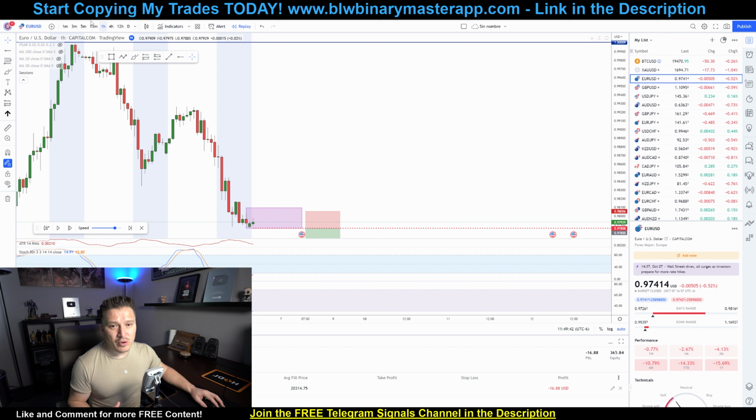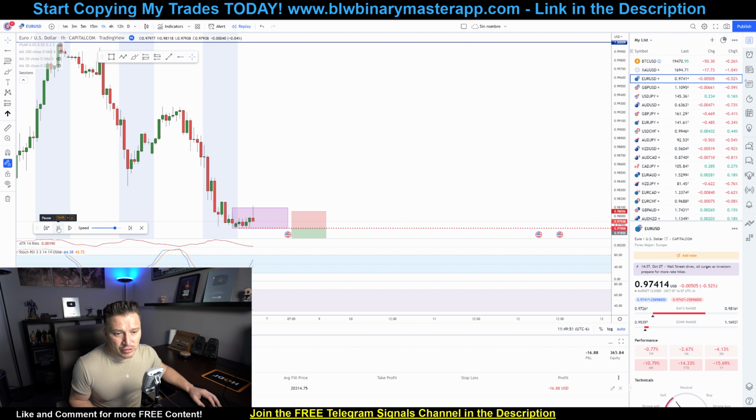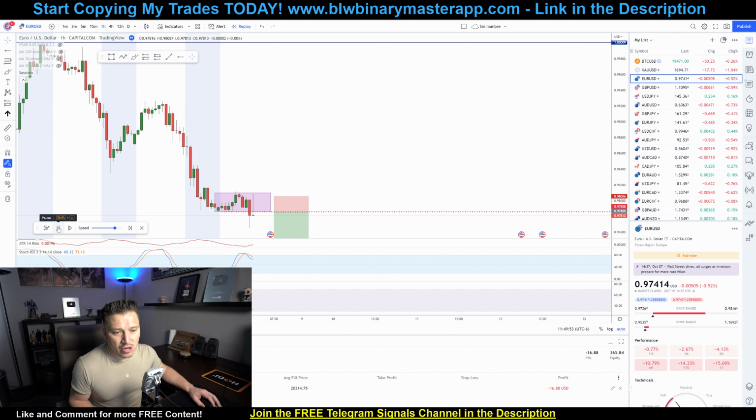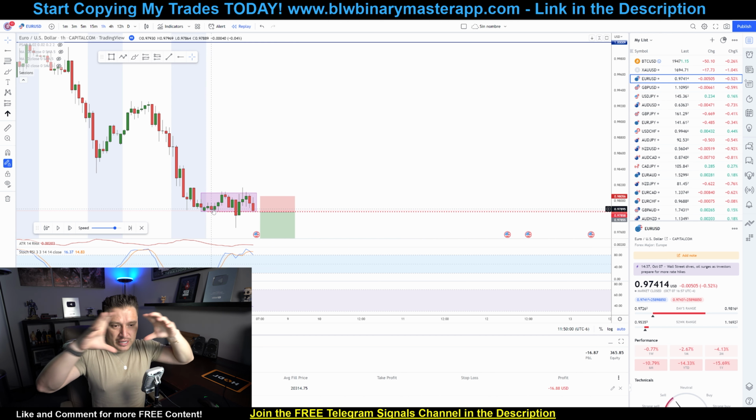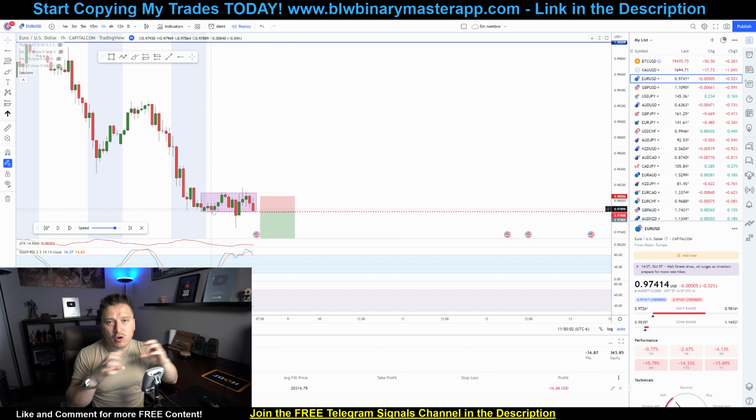But this is exactly what happened. So I actually went into a smaller time frame after looking at the consolidation. This is what imbalance trading actually looks like. So you realize that there is some sort of price. This part right here, this little block that I actually drew right here, is basically where a bunch of orders